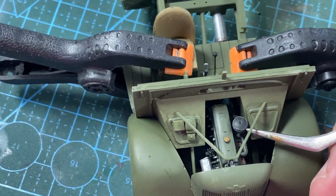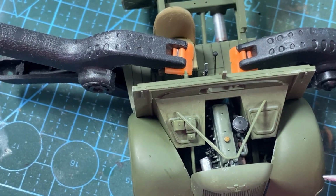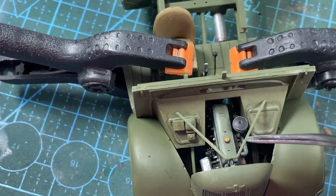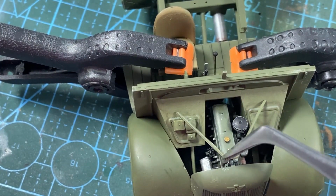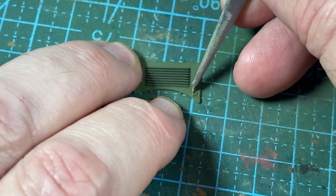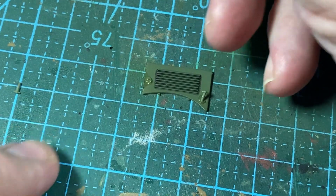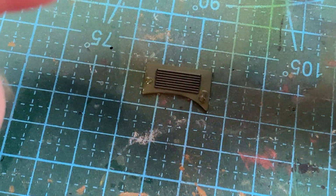Finally, for the engine compartment, there's this V-shaped stay, which kind of sits up where I think it should. It's supposed to go over these instruments, but there's no room for it to do it, so it has to go higher than it says on the instructions. So maybe the instruments are too high. I don't know what I've done wrong there, but obviously something. And these little handles go onto the side of the cowling, engine cowling,